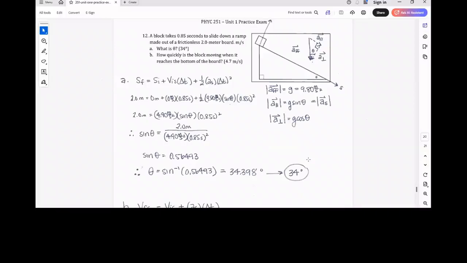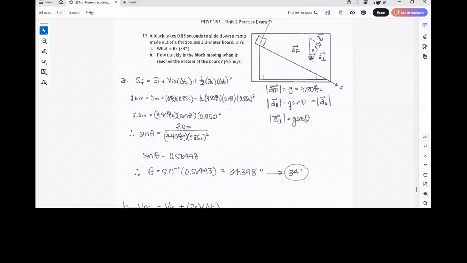And then our last practice problem, we have a block that's on a frictionless ramp. The ramp is made out of a 2.0, and I don't know anything about the mass of the block or the size or anything like that, but I do know that it takes 0.85 seconds to go from the top to the bottom. So this is an example of a case where we can take the free fall acceleration vector and then break it up into one parallel piece and one perpendicular piece,